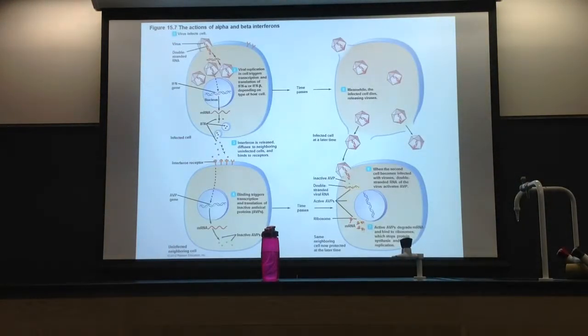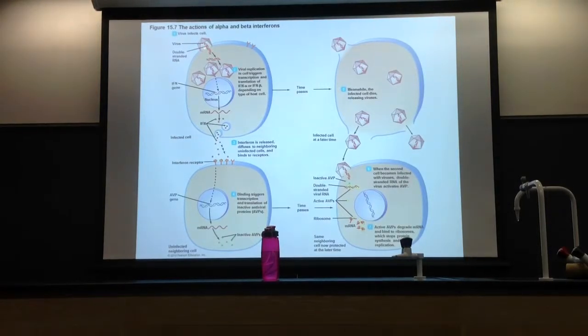Okay, look. Let's go over this and figure out what in the world these interferons are doing. Of course, you know I love pictures. Here we go. This cell is being infected by a virus. You all with Dr. K talked about viral infections, right? This virus is going to fuse with your cell membrane to release its double-stranded RNA. As long as the RNA is in there, we'll do translation and make more viral particles. Of course, this cell is going to die eventually, correct?